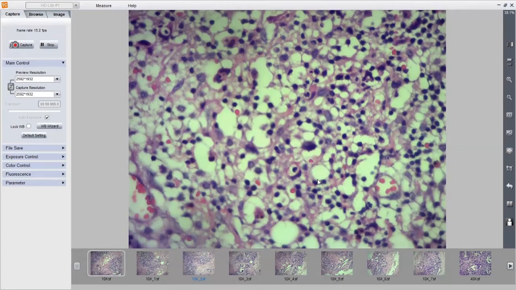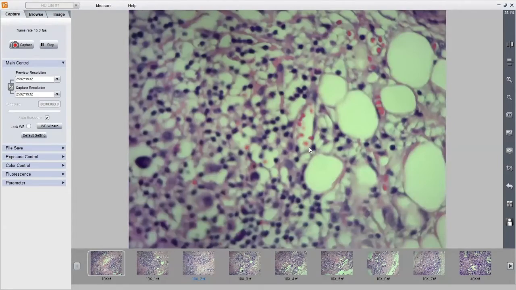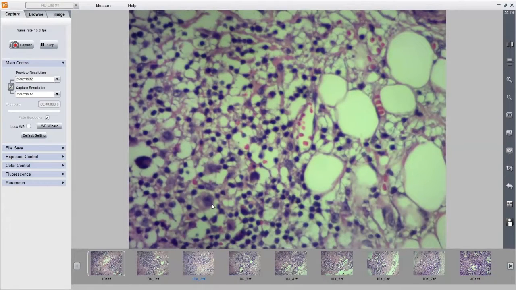So the background is reactive. There are some mummified cells, not the classic RS cells or Hodgkin cells. Here, maybe this is one Hodgkin cell. If you look at the size of the Hodgkin cell, it's drastically different from that of the reactive background. So this is one feature which will help you to diagnose a Hodgkin lymphoma when you are struggling with